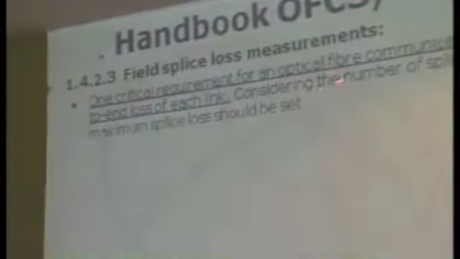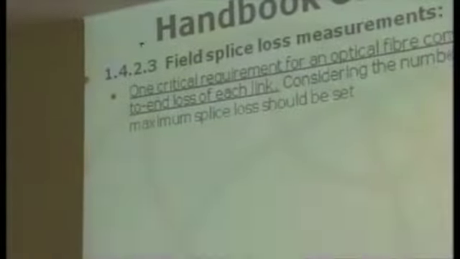Then, considering the number of splices in a link, a realistic maximum value loss should be set. The main point is to control the attenuation of the link. The splice is part of this attenuation, but it's more important to control the attenuation of the link than to control